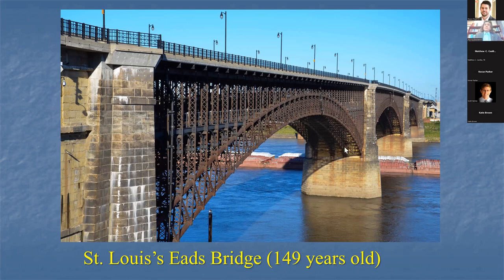This one actually is a very interesting one. The St. Louis Eads Bridge. This one also was closed at a time. And when it was designed, the top level was pedestrian, and then there was a railway in the lower level. One of the really interesting aspects of this was, first of all, the center span was like 500 feet,